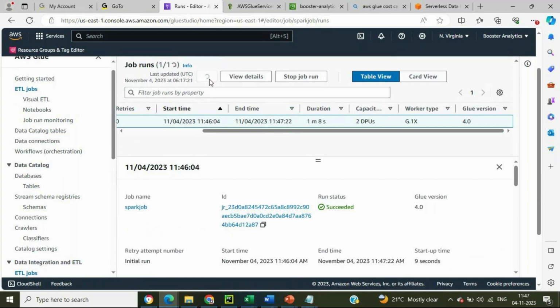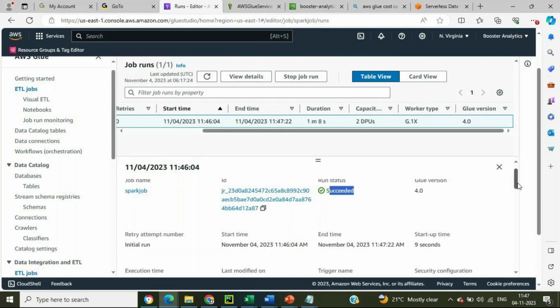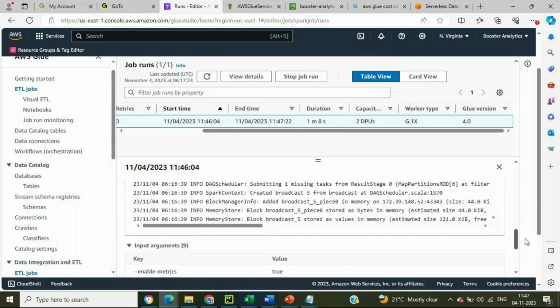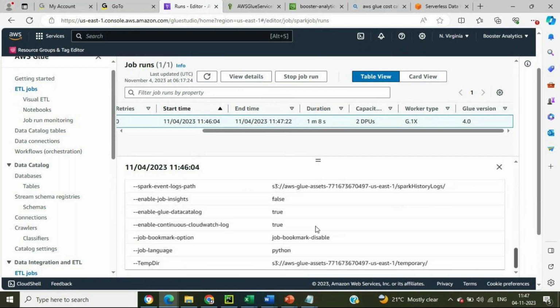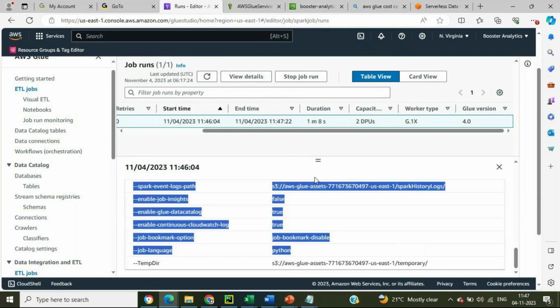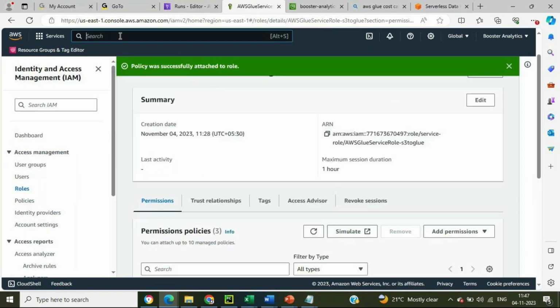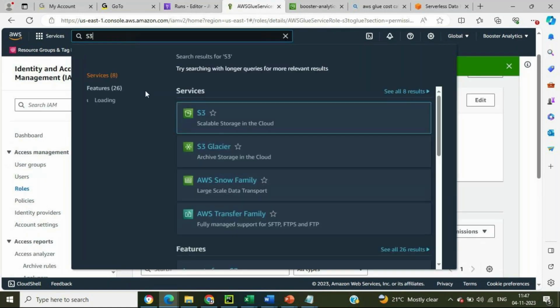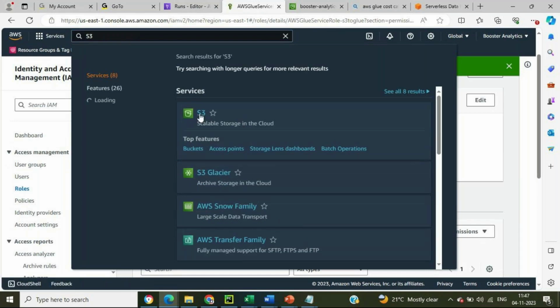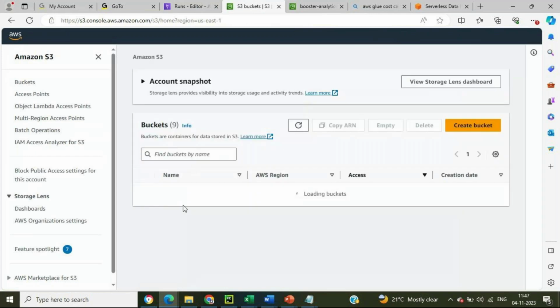Okay, so this particular job has been successfully executed, and now we will be able to see the outcome. Previously we were having a file, and these are certain information with respect to the Spark execution. Now what I want to show you is inside S3, and inside S3 we are having booster analytics,